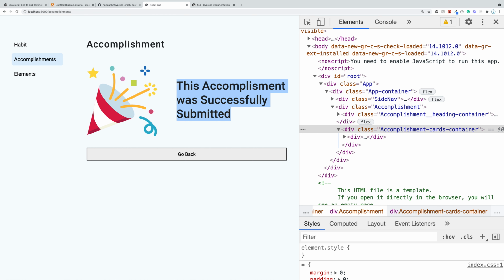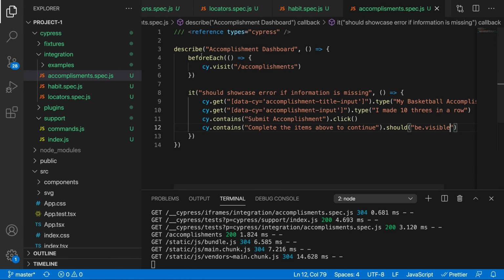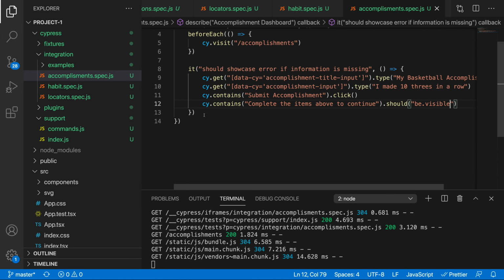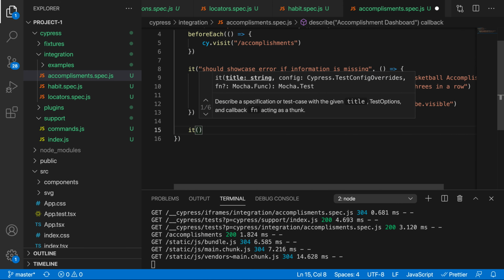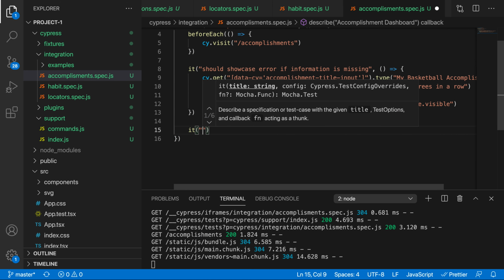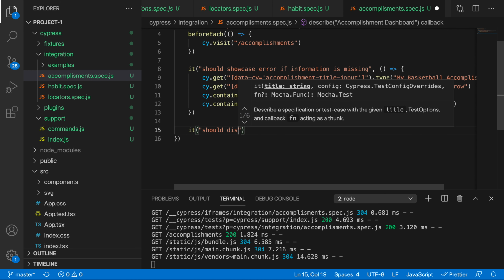because most testing frameworks run synchronously. However, Cypress runs asynchronously, and if it can't find an element, what it's going to do is rerun it until it eventually times out. And that's really, really cool. So let's go ahead and write our test. That way we don't have to really worry about asynchronicities, which is really amazing when it comes to this test. So let's say should display